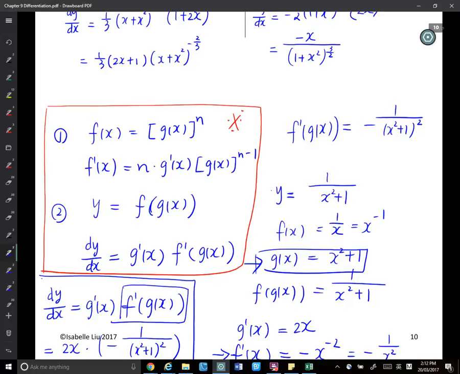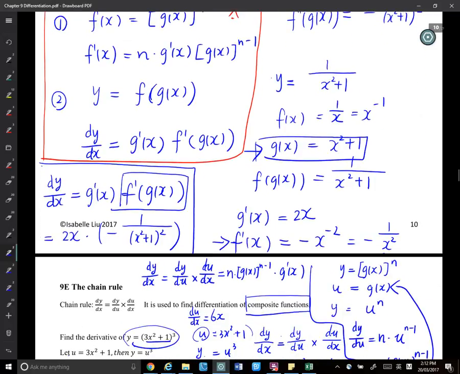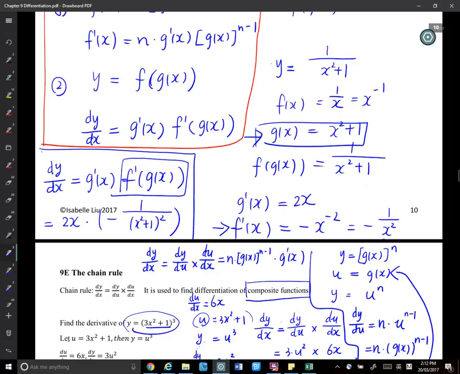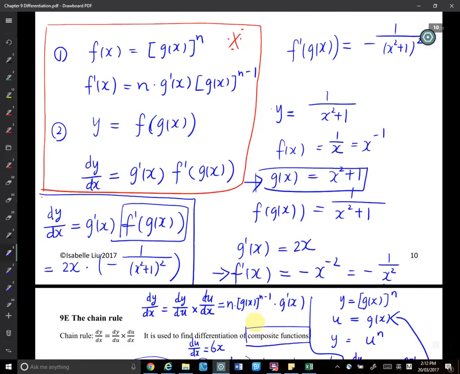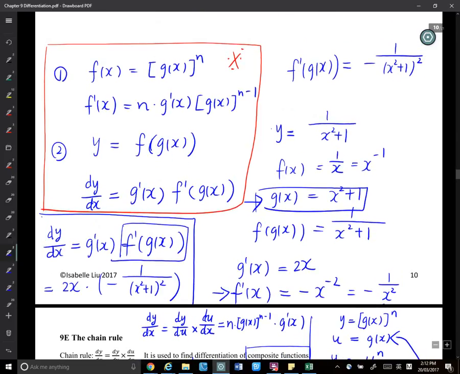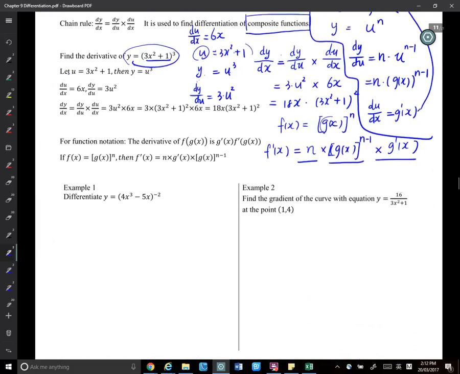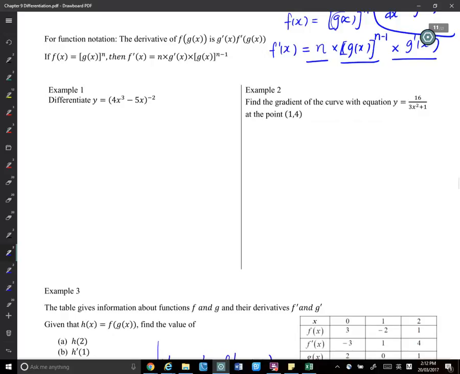So it's 3 components. If the equation is written in the form of y equals f composite g of x, a composite function, g(x) put into f(x), the derivative will be g'(x) times f'(g(x)). So two forms for the chain rule. You must remember the thing in the box. It's very, very important. We haven't done example 1 and example 2, so I would like to do example 2